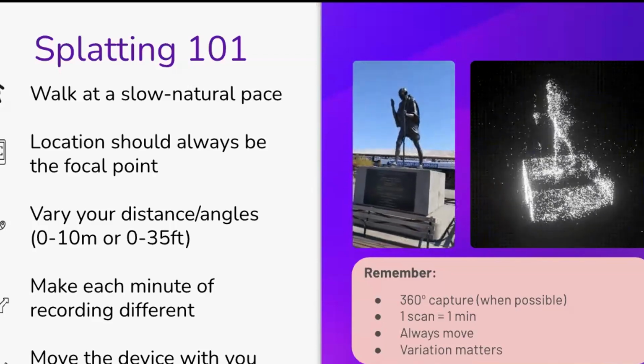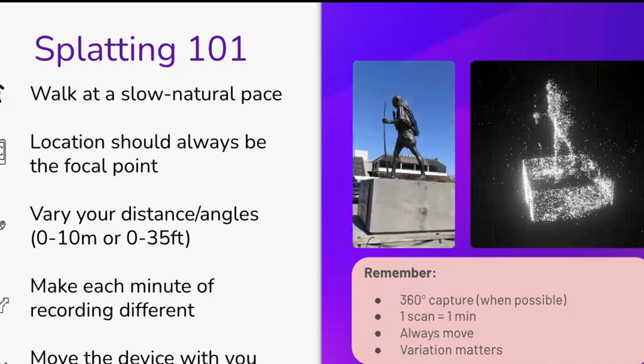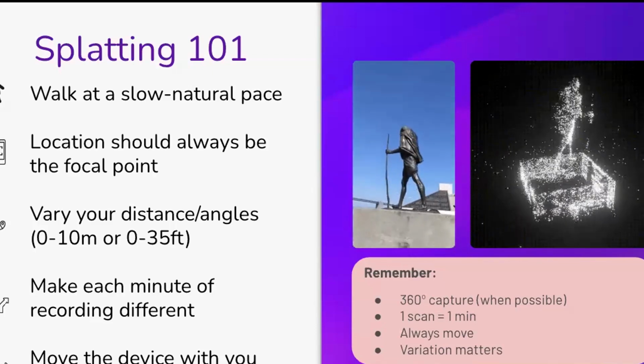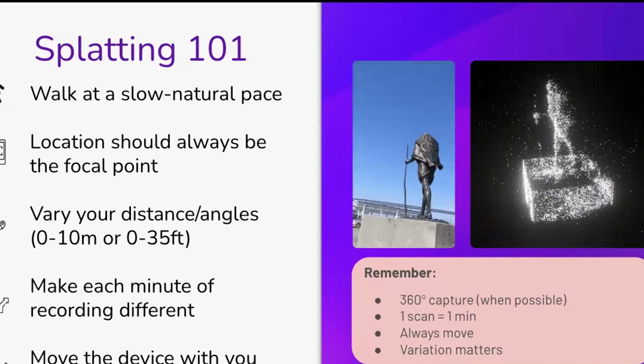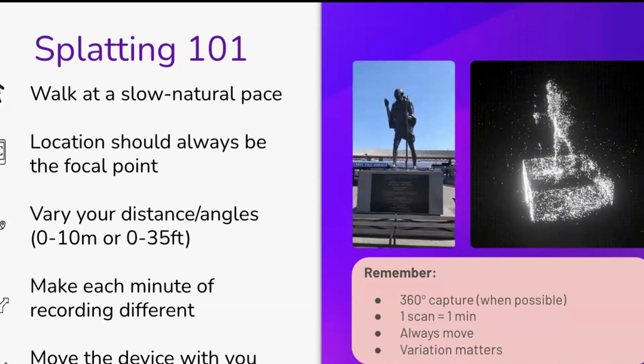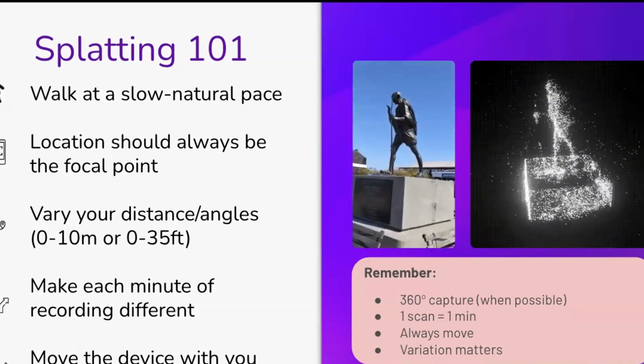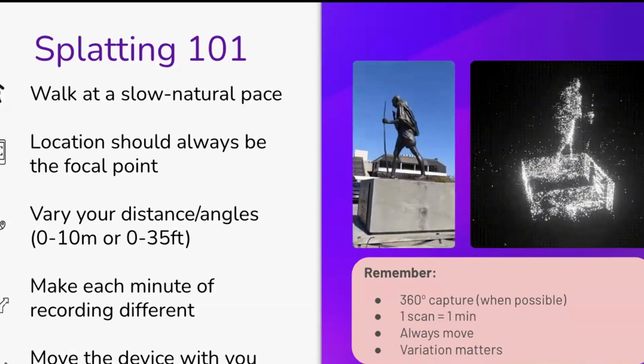Varying your distance and angles of your device, especially when there's texture, when there's layers to what you're scanning. In here, you can see that Gandhi is wearing a cape or some type of shawl or piece of fabric clothing that you may want to get under to capture all of that detail. And so by walking around it,